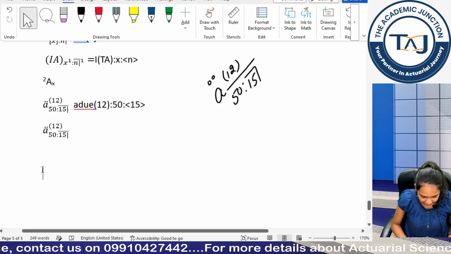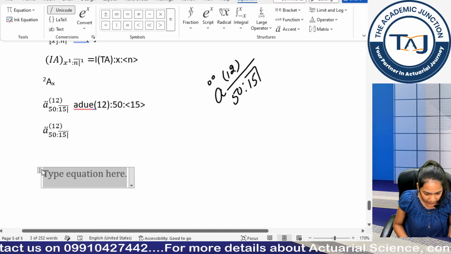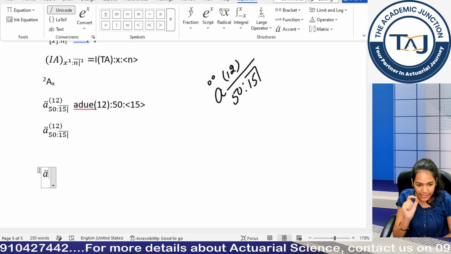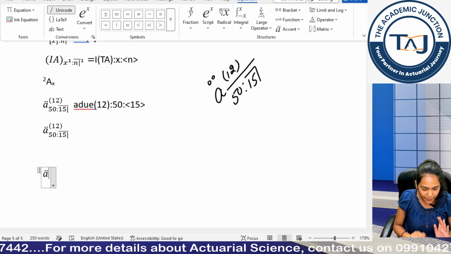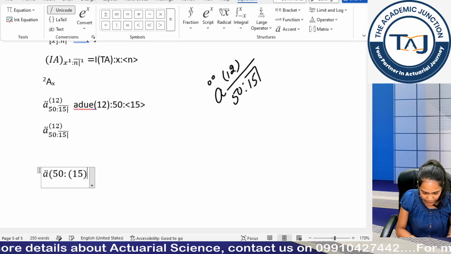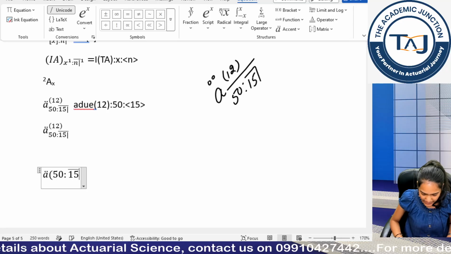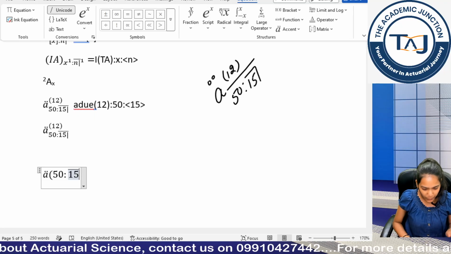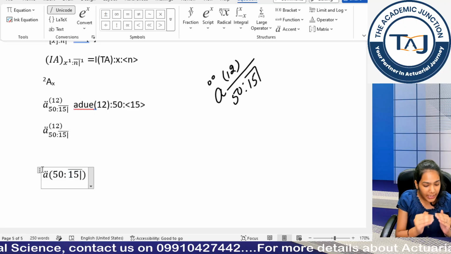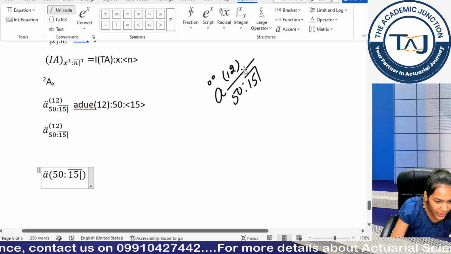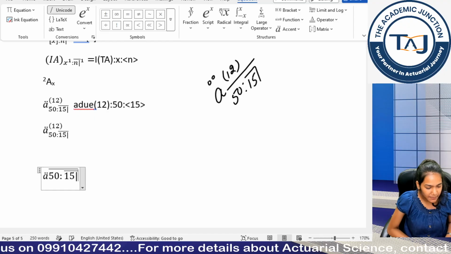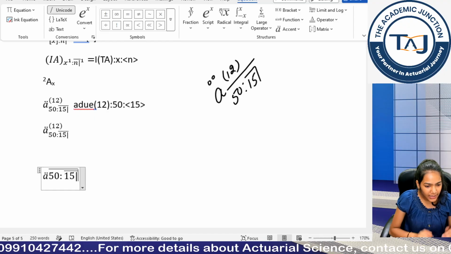Okay, let's do it. Alt equal to A D dot. Okay, 50 and those columns and 15 is very simple. So I will use the simplest way to do this. 50 colon brackets 15 backslash bar 2 spaces. Then I move backward to this 15, I use this and I move forward. Brackets close. Now you can see this bar is over the whole 50 to 15. That's why I will use bar double space. Clear?